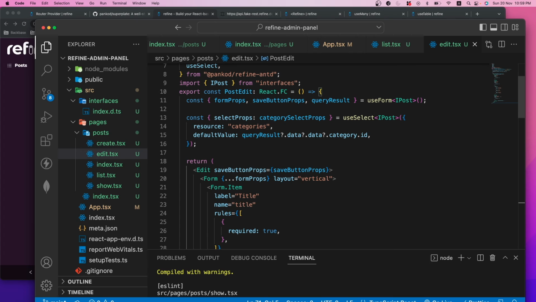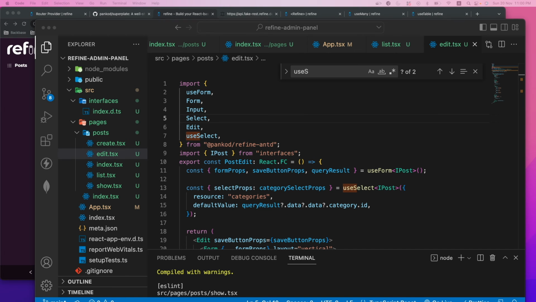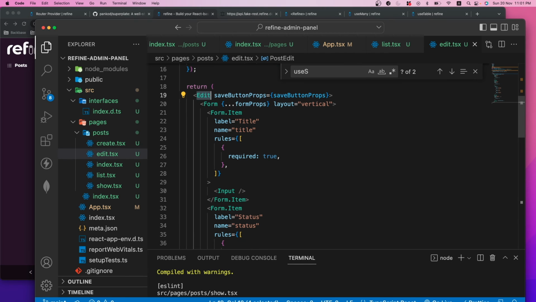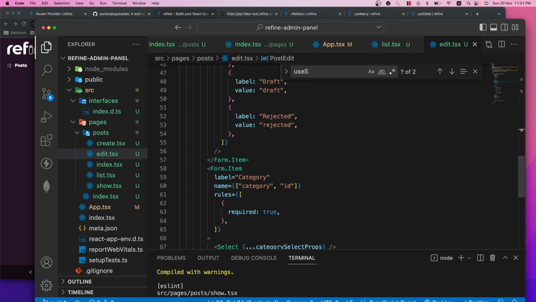And now if we go through this code snippet, what we will see is we are going to have the form props, save button props, and the query result from the useForm. So this useForm hook for the post helps us to manage the form, and it is a component of Ant Design that provides us the props for managing the form's actions. Then we have the useSelect, which will help us to select the category, and then we have the Edit component, which is going to provide us a wrapper to our form and will also give us some additional buttons. Then we have the form for the title, we have the status, and then we have a category,